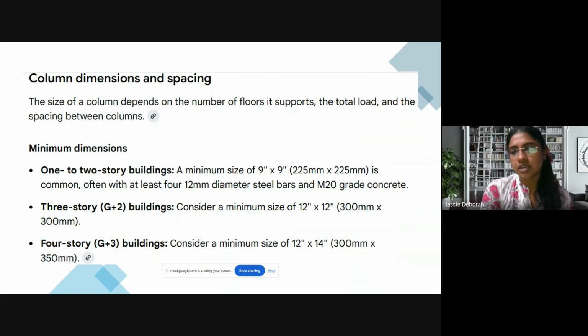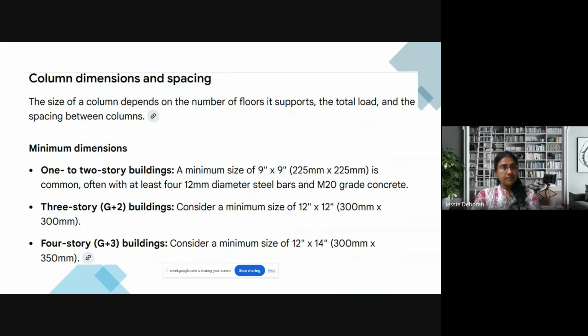M20 will be the usual grade of concrete that we follow. Otherwise, in recent times, we always follow M25 with Fe415 or Fe500 depending on availability. In most market situations, Fe415 is not greatly available, so we go in for Fe500 also.